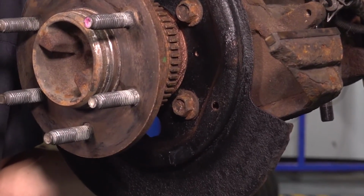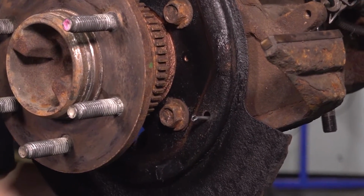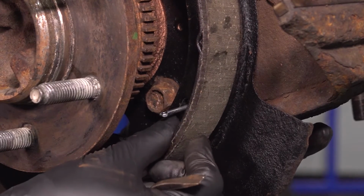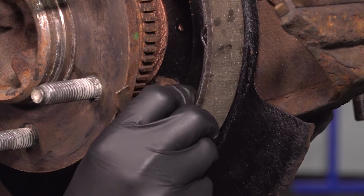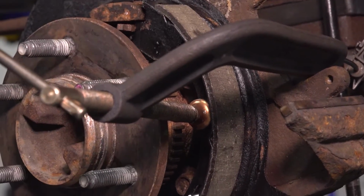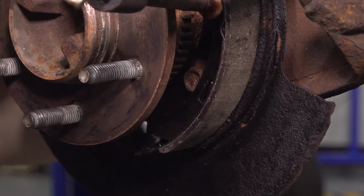I'm going to put the pin through the back side, just like this. I'm actually going to take a large C-clamp and just clamp this shoe on. So, okay, doesn't have to be perfect, but it's holding it, and that's what matters. Now,